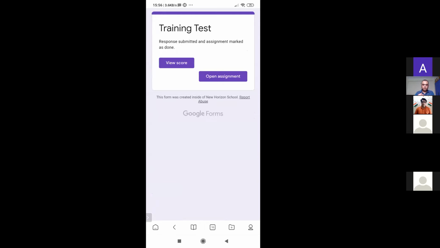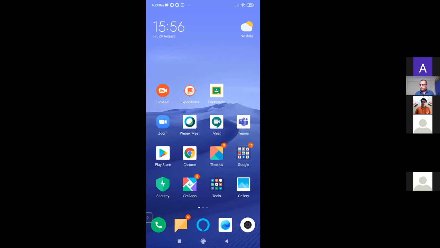We'll be having a number of questions. 4-5 questions, 6 questions you will have with such uploading. So what you can do, you can write the answers first in your register, and after that you can take photos of all of them one by one and upload them. First of all, write all the answers, one answer on a page, or with every answer your name, class, section, roll number, date is necessary. One photo will be of one answer only.